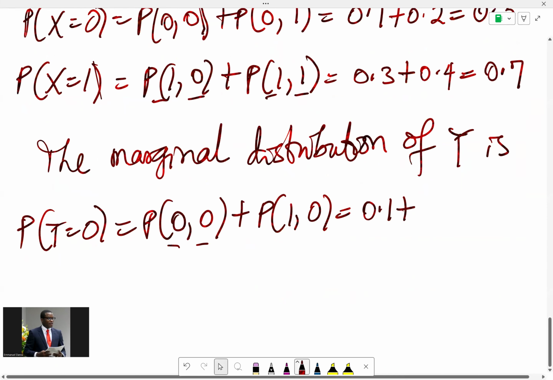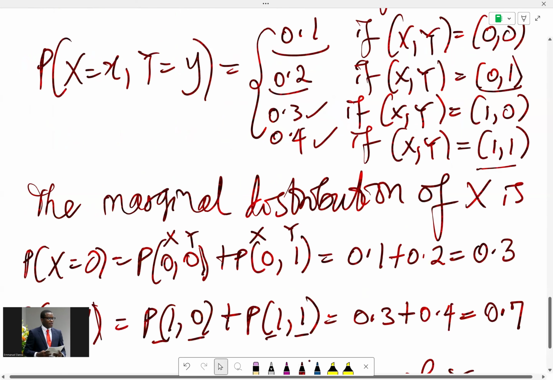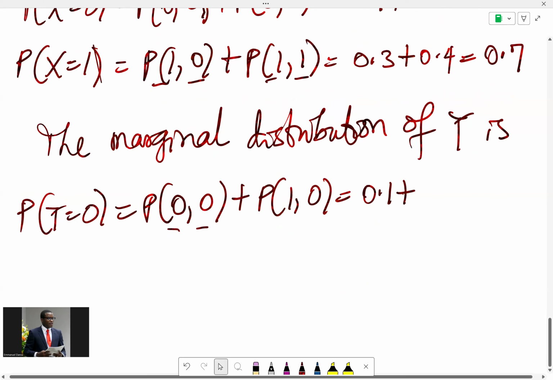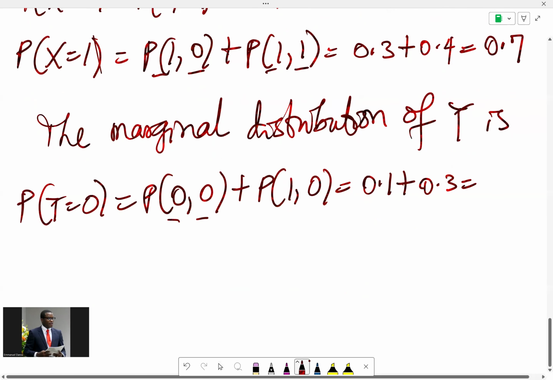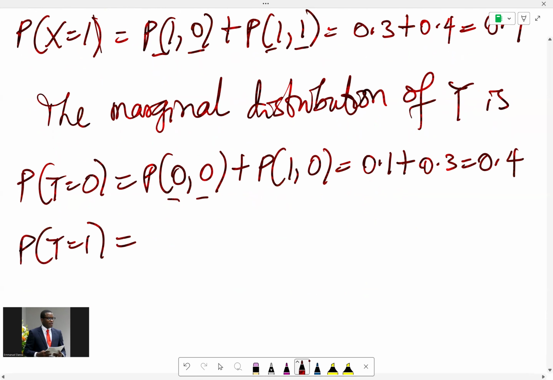0.1 plus x is 1, y is 0. So that's 0.3. X is 1, y is 0. That is 0.3. And the total probability that y is equal to 0 is actually 40%. That's 0.4. And what about the probability that y is equal to 1? Because that will be probability